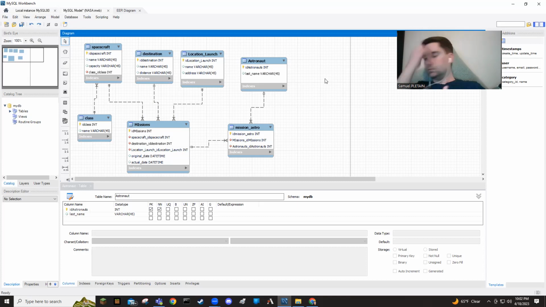That becomes a bit of a problem because one spacecraft will have many destinations. So we might have a spacecraft that goes to the moon, one that goes to Mars, one that just orbits the Earth, one that does a quick once around the sun. So one spacecraft might have multiple destinations, and one destination would be gone to by multiple spacecraft. So when you're looking at relationships between tables, that's what we call a many-to-many relationship.